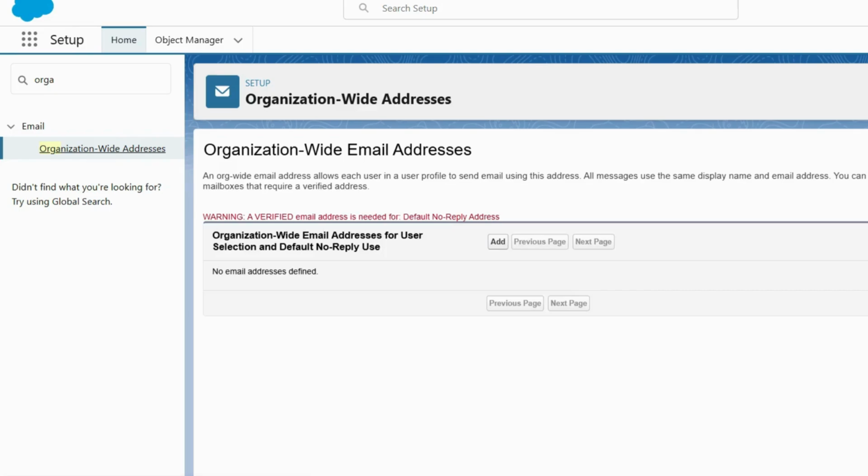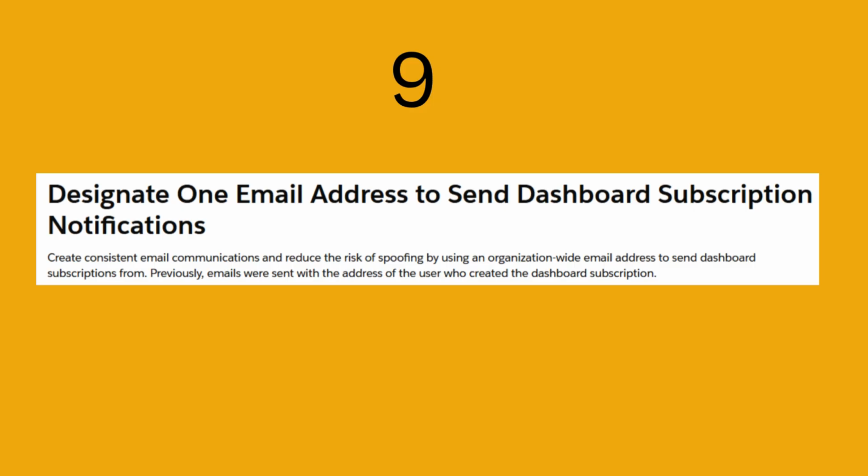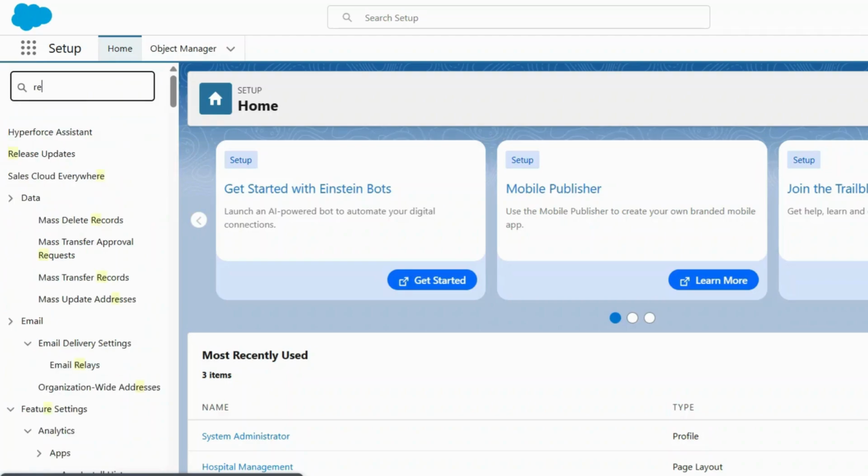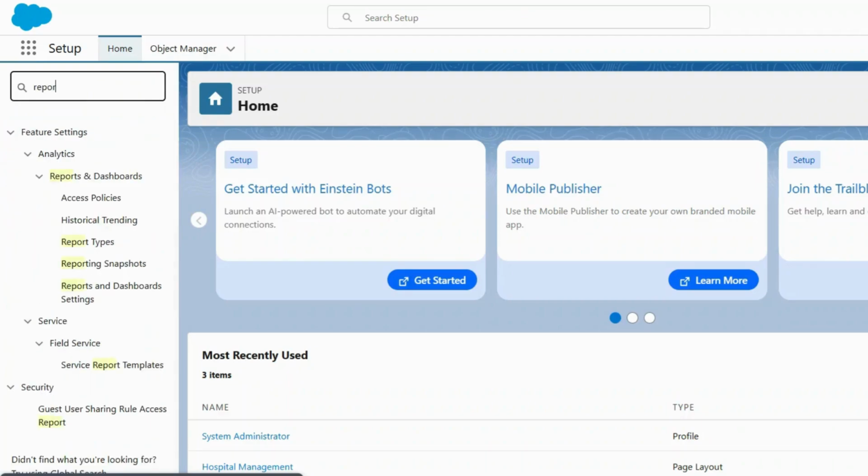Okay, the next one is designate one email address to send dashboard subscription notification. It's similar: earlier was for reports, this is for dashboards.